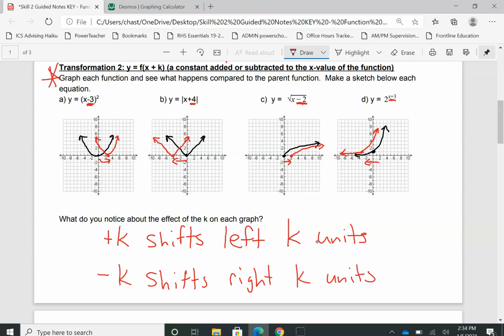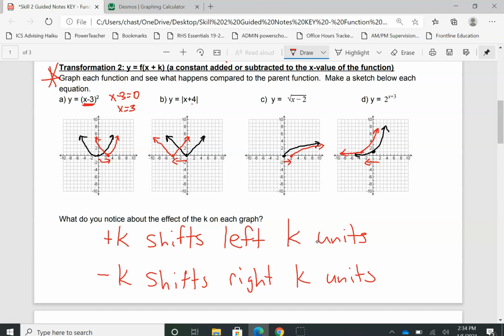Now this type of transformation is the tricky one. I always like to call them the weird ones because they do the opposite of what we think. But we know what it means to have a 0 at a particular value, and so that's kind of how I get students to remember what these do. We can find the 0 of each one of these things by just taking this part and setting it equal to 0. If I solve that out, I get x equals 3, and you can see now that's why it